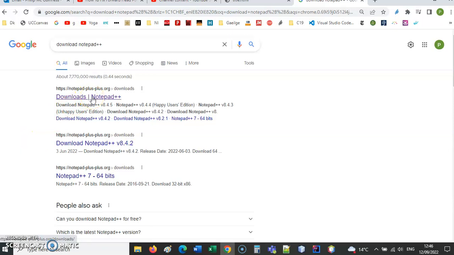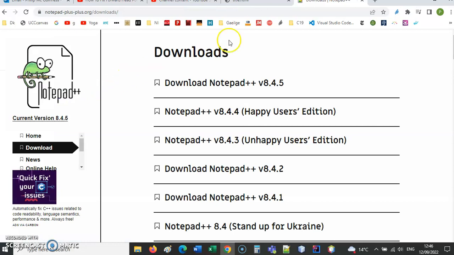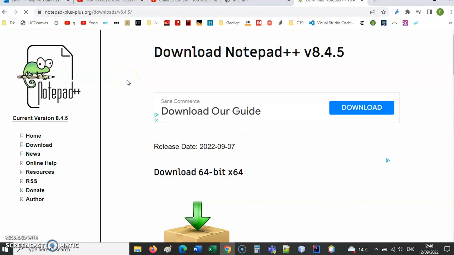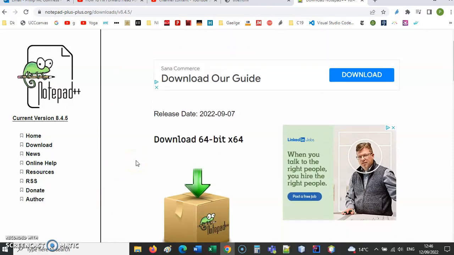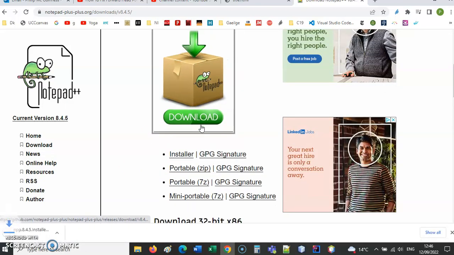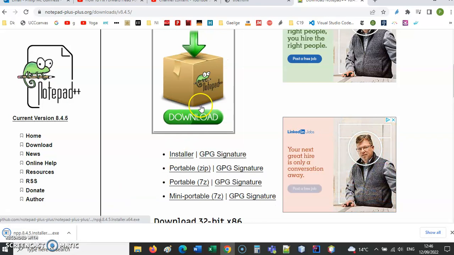Okay, so I'm just going to take the first link that comes up when we search for it. In this case, it's 8.4.5. I mean, older versions will basically be fine. So let's just take the most recent one as of mid-September 2022. Okay, so version 8.4.5. So I'm just going to click the download button, and it's going to download what's called